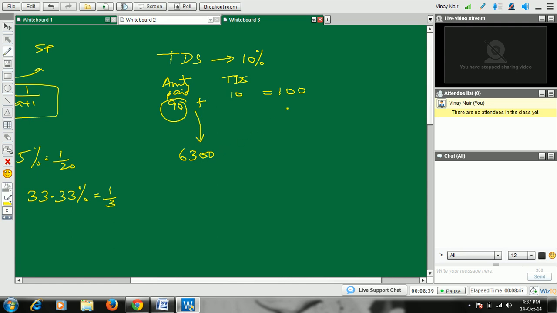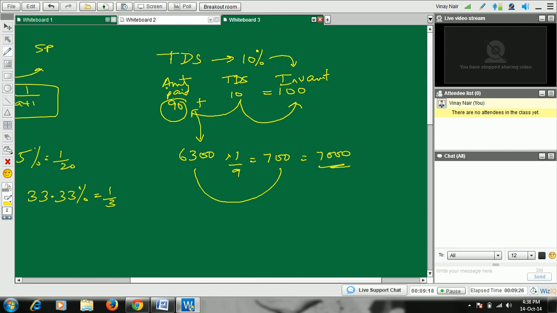and we have to find what is the total invoice amount. So we know that there is a 10% TDS deduction on that. So 10% here is calculated on the invoice amount. TDS is always calculated on the invoice amount. So 10% on the invoice amount, which is 1 by 10. So if it is 1/10 of the invoice amount, it will be 1/9 of the amount paid. So again we can calculate what is 1 upon 9 of this one, which will be 700. So the TDS is 700 and the invoice amount would be 6,300 plus 700, which is 7,000.